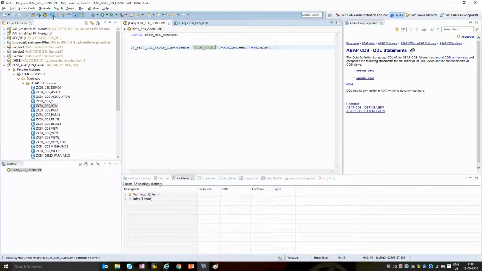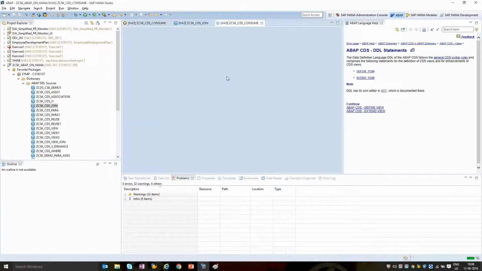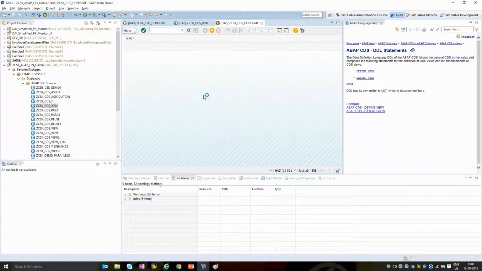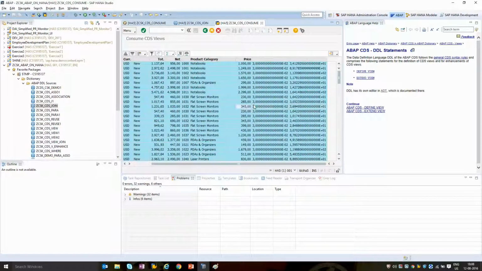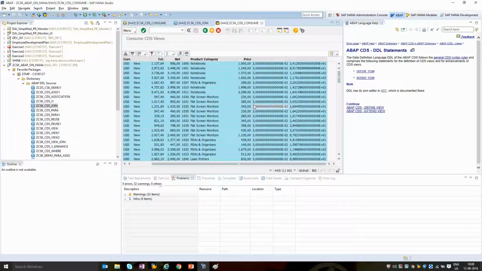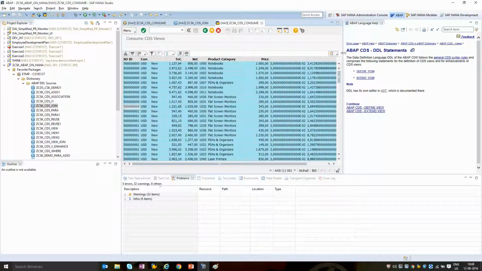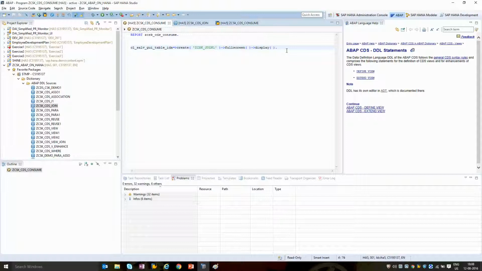So I'll just check for the syntax and I will activate it. So the program has been activated. Now I'll run this program as an ABAP application, and you can see that the data from the CDS view has now been displayed as an ALV report. Right. So I haven't given any alias name over here. That is the reason why these columns are not being displayed. Okay. So this is one way of